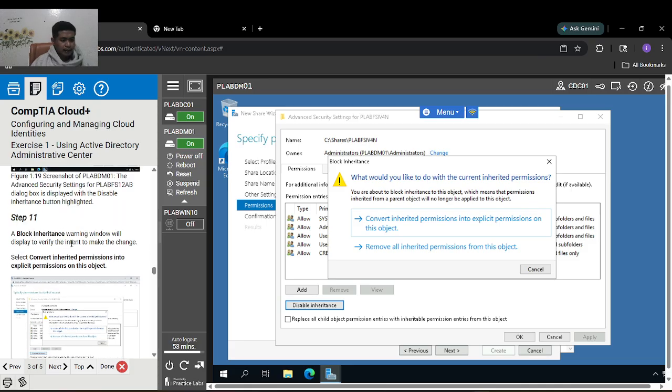Step 11, a block inheritance warning window will be displayed to verify intent to make the change. Select convert inherited permissions into explicit permissions on this object.